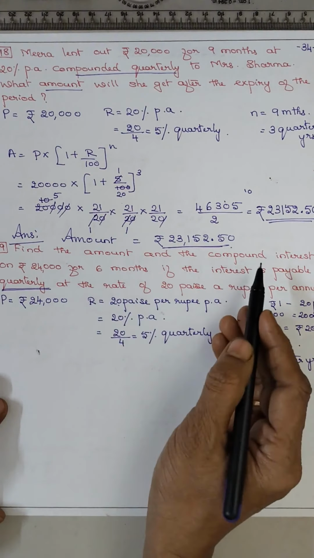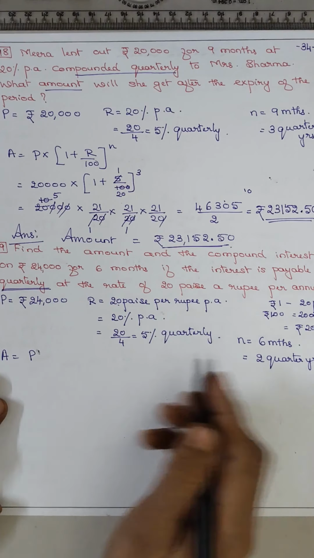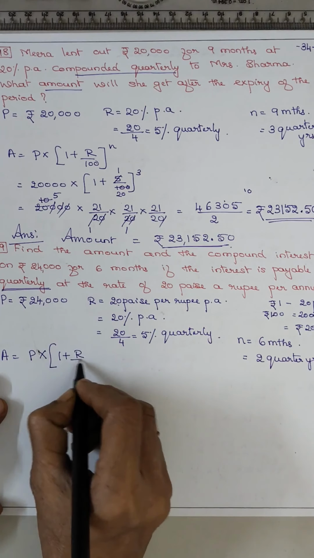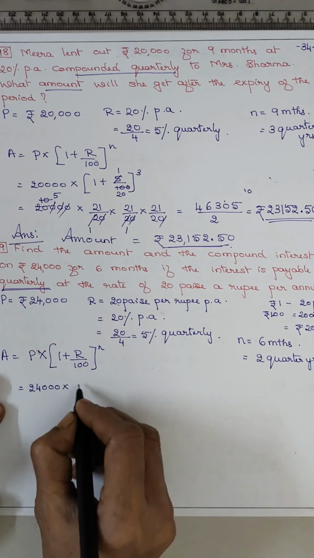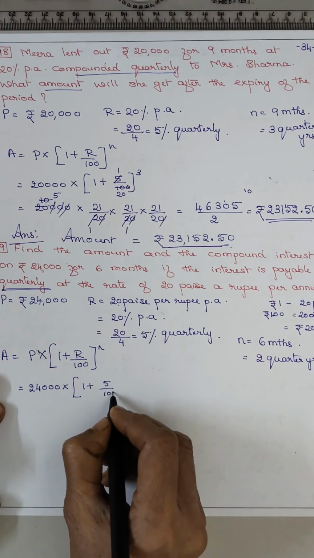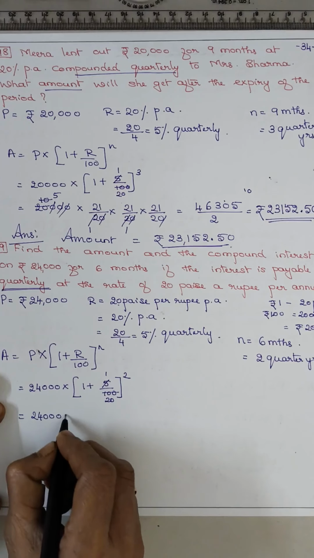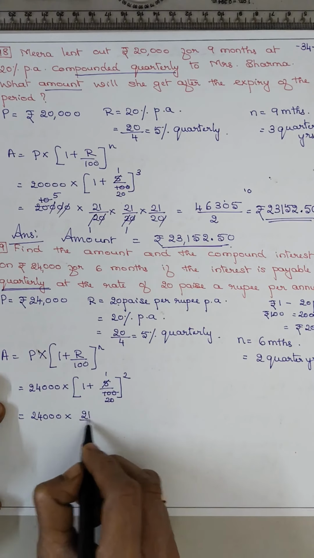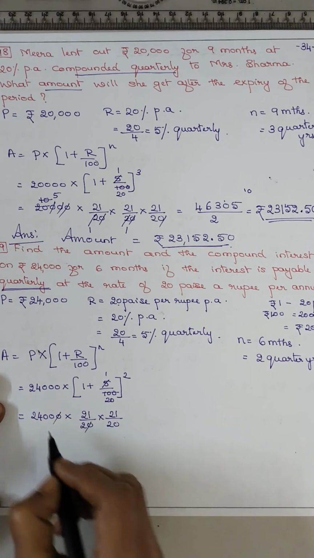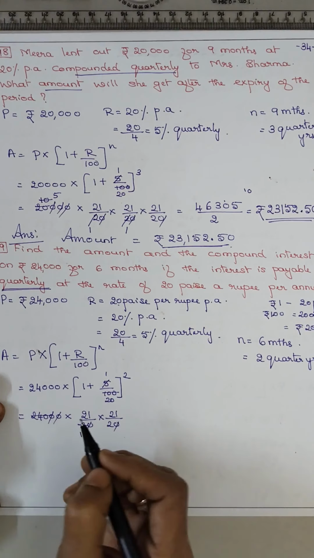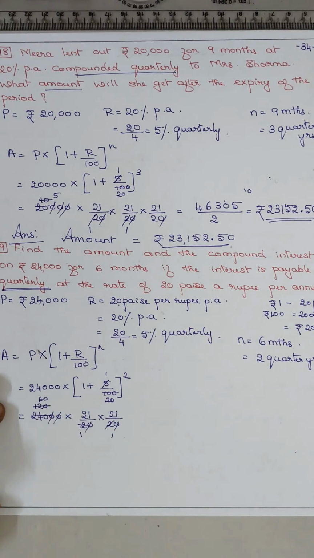Now find the amount and the CI. A is equal to, थोड़ा कन्फ्यूज़ किए उतना ही, P into 1 plus R upon 100 the whole raised to n. 24,000 into 1 plus 5 upon 100 the whole raised to 2. 5 ones are 5, 20s are. 24,000 into 20 plus 1, 21 upon 20, 2 times, 21 upon 20. 1 0, 2 0 cancelled. 2 1s are 2, 1 2s are 24 and this 0. 2 1s are 2, 6 are 12 and 0.